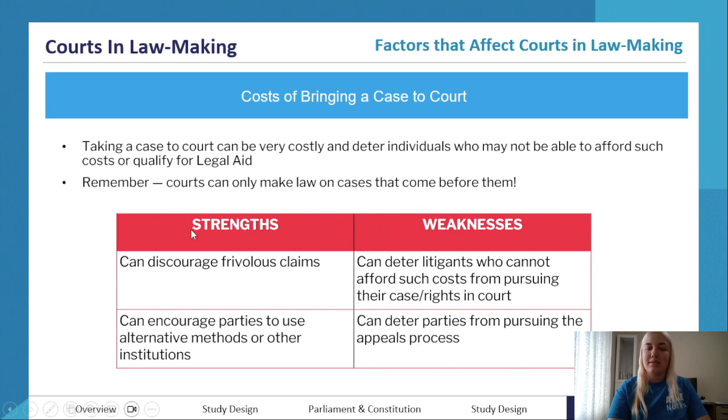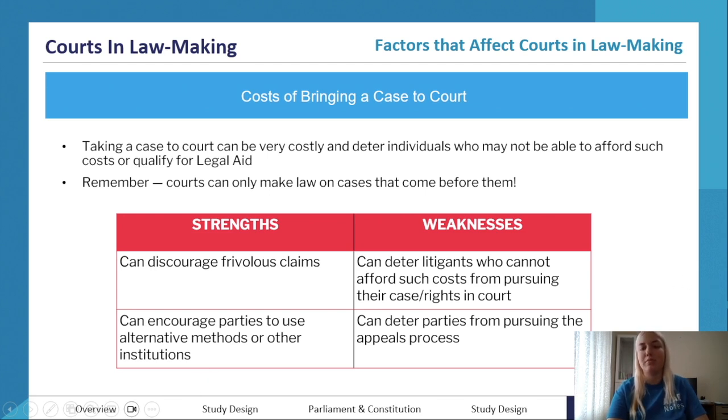And it's to help aid that and make sure that only people that really do need to go to court are going to court. So this helps to discourage any ridiculous claims. It also helps to encourage parties to use alternative methods or other institutions. So, using things like mediation, arbitration, and conciliation, accessing a tribunal in their state or area, or another service that can help on the side, like Consumer Affairs Victoria. So this helps to again reduce the burden on the court system